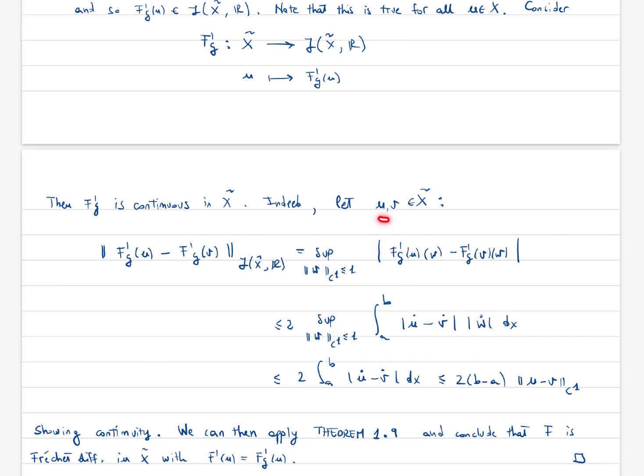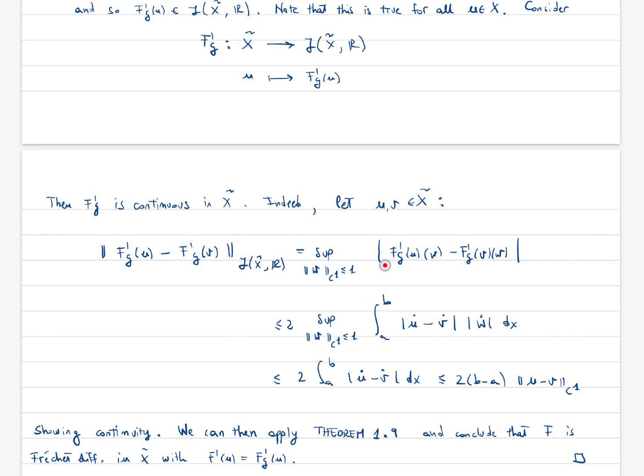Indeed, if you take u and v in x tilde and you look at the difference with respect to the operator norm, then by definition this is the supremum over all w with norm less than 1 of the difference of the function evaluated at w. And if you do a calculation, basically you can factor out w and you can bound